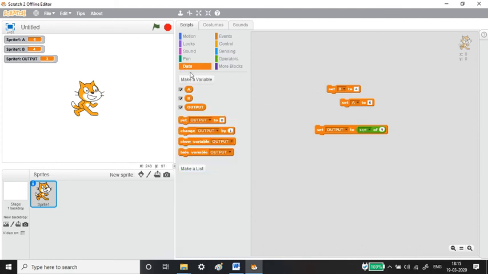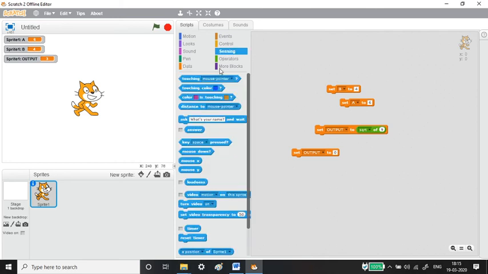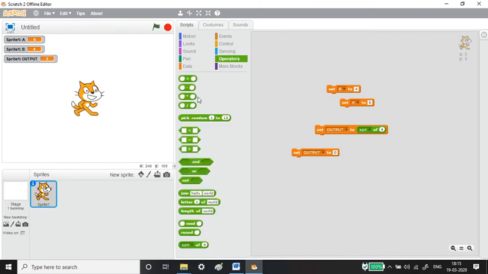Now see here, in set output we have used this variable alone, right? You can also take this variable a, from the operator, instead of writing the number itself.